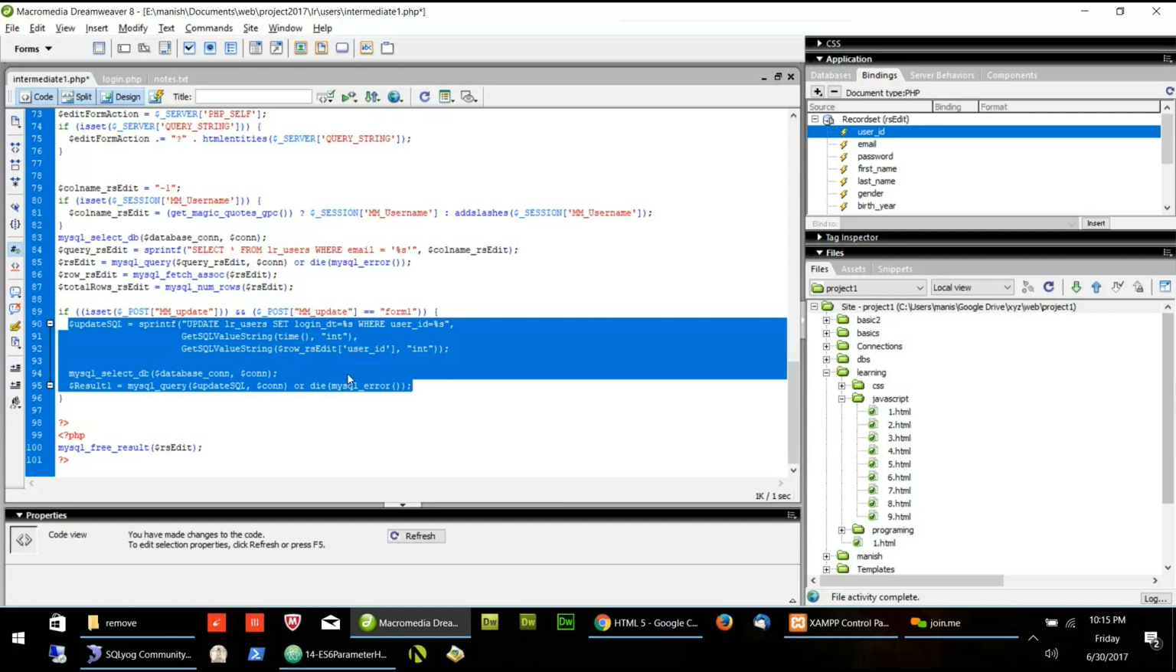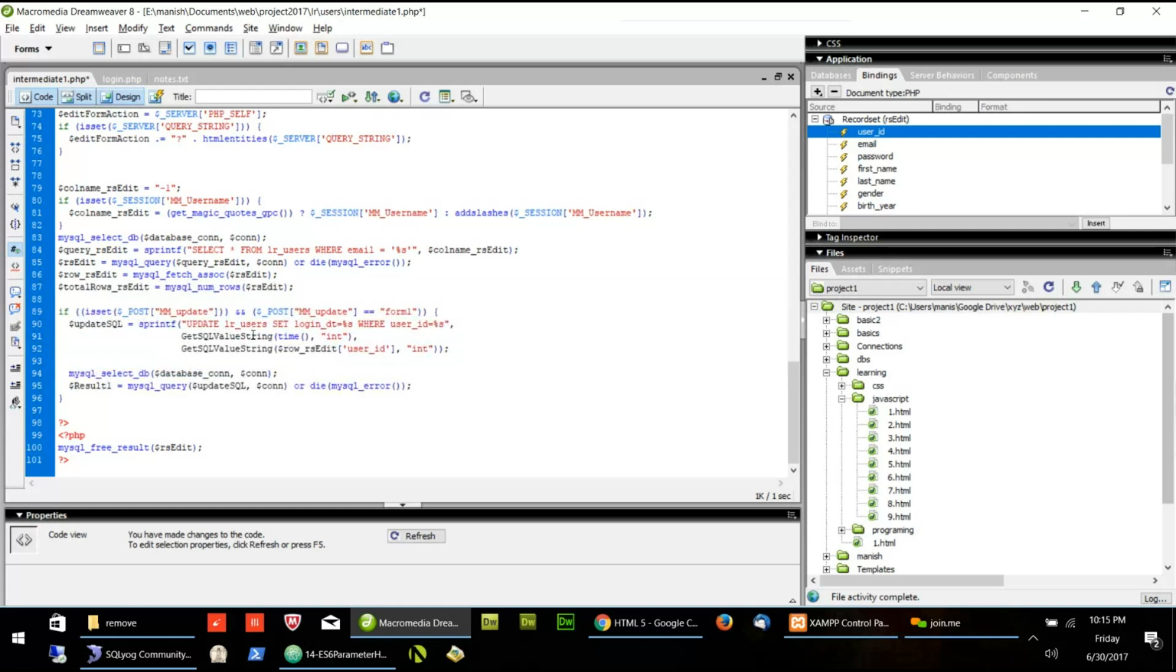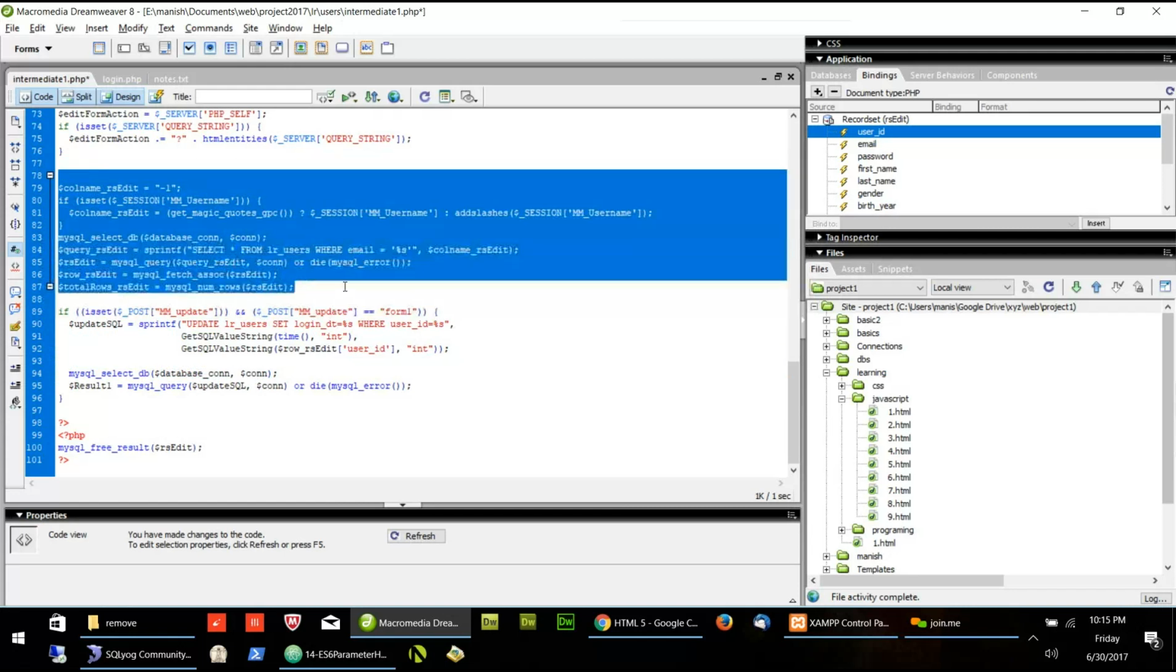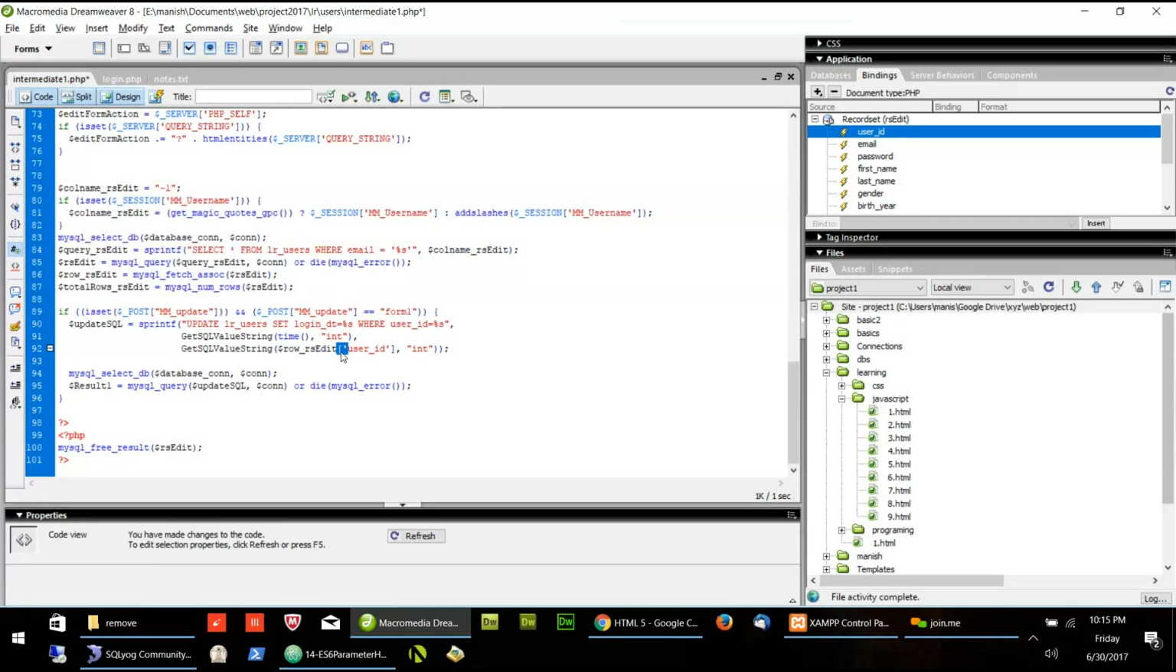But still this will not work. This is fine. We are putting the time and we are putting the user ID. User ID will be there because user ID is coming from this part. So user ID will be there, but this code will not work because we have the condition if